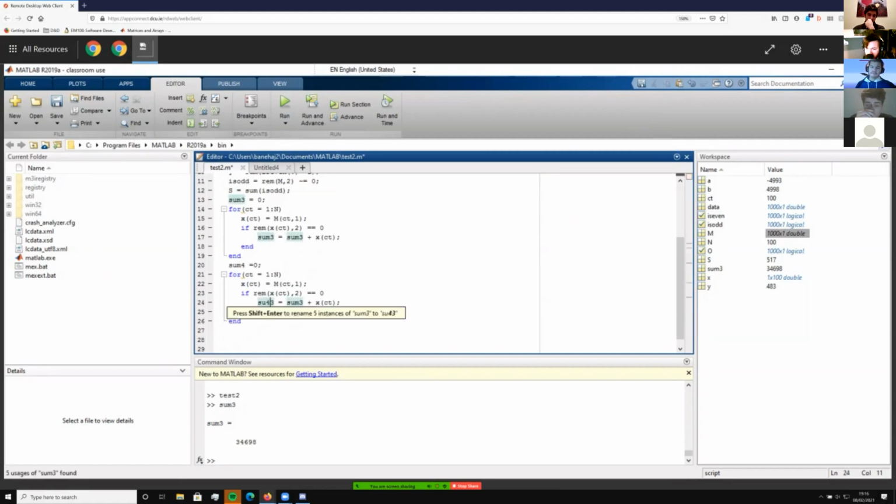Change that to sum 4, and change that to sum 4, and try and run that. See if this works. Grand, yes. So now we have 2. Now this one's doing even numbers because it's 2 equal signs, and this one's doing odd numbers because it's an equal sign with this little curly bracket beside it.